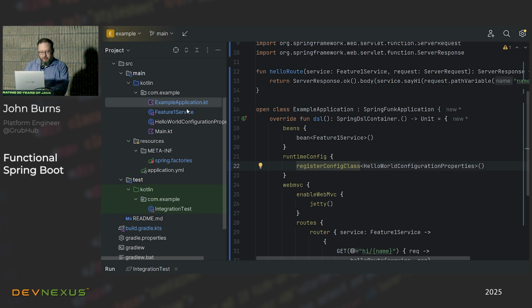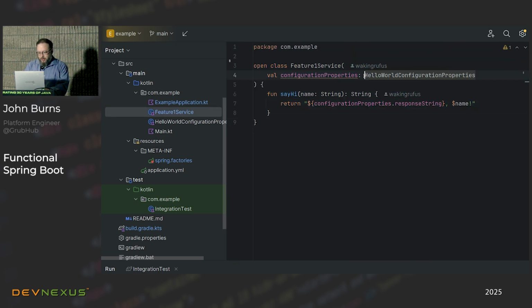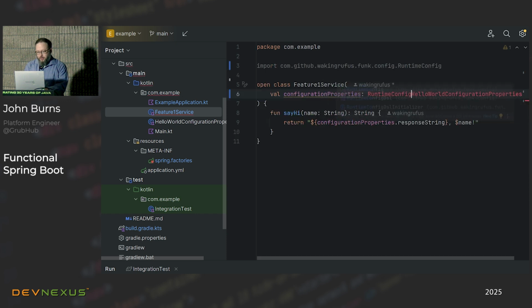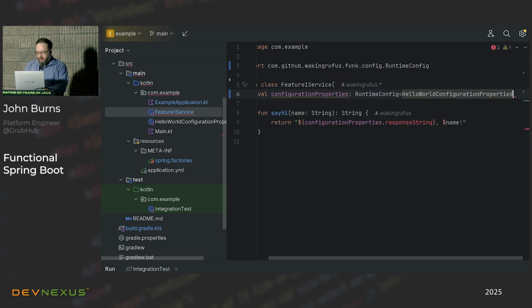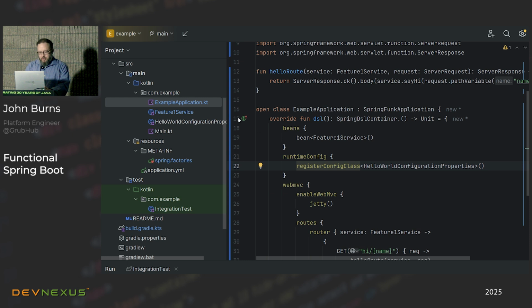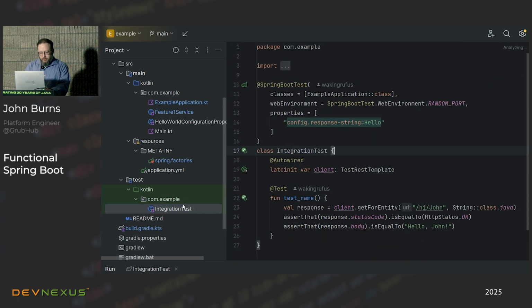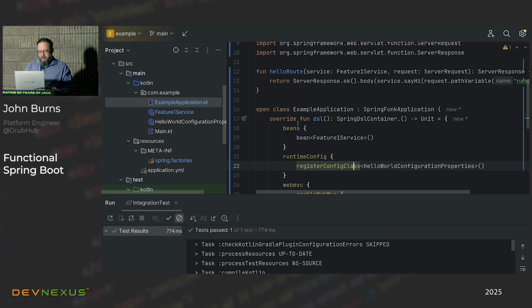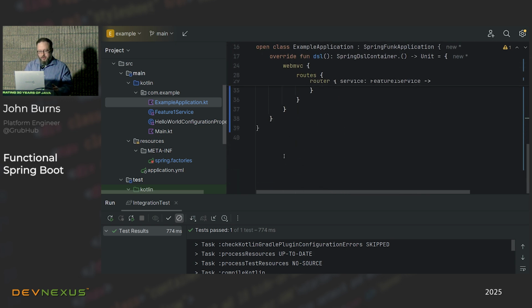So this one works a little bit differently. The only difference is that we have to inject it as a runtime config of that type and then call a getter. So it'll give us a different object if the actual environment properties change in our application. Now run this. We're doing on time. Okay, all right, so there we go. It works. So now we have an application that does not use any Spring annotations.